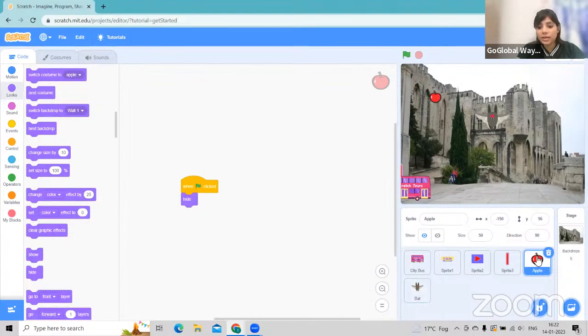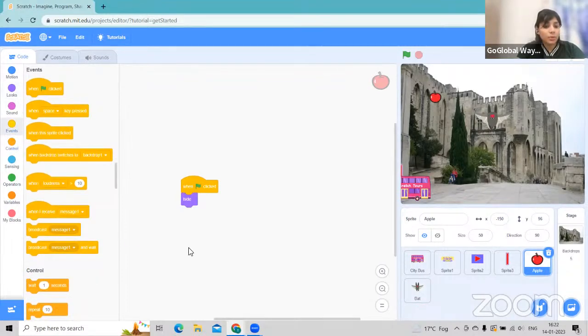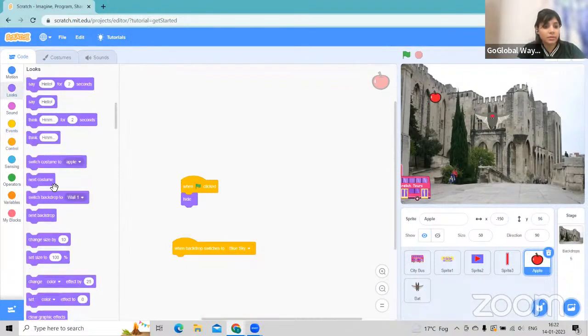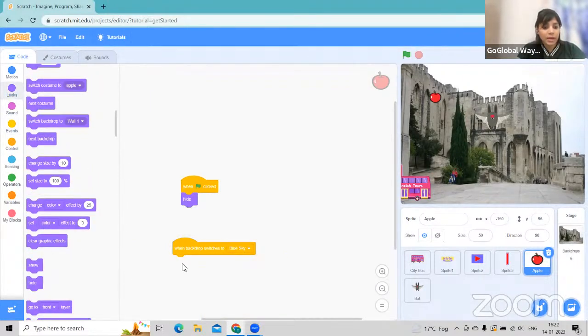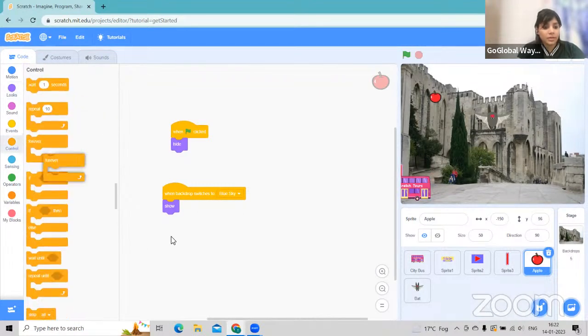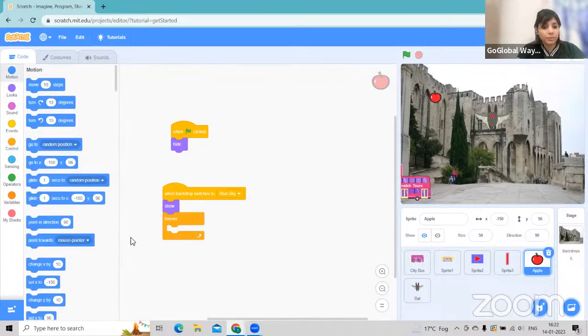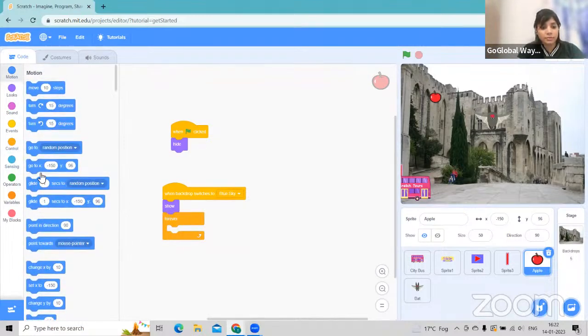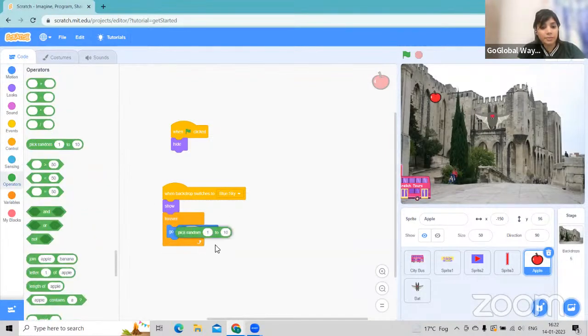Now what I want is that when backdrop switches to blue sky, then I will show them. And when I will show them, I will take the forever, and forever they will be moving to the particular position. Okay, so I'm taking go to X and Y like this,